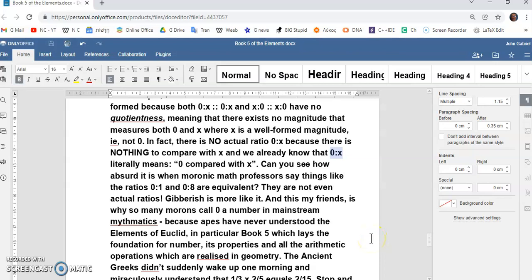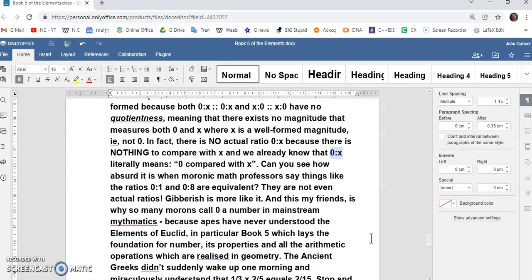Okay, can you see how absurd it is when moronic math professors say things like the ratios 0:1 and 0:8 are equivalent. They're not even actual ratios. They're just gibberish, okay? And this, my friends, is why so many morons call zero a number in mainstream mathematics,